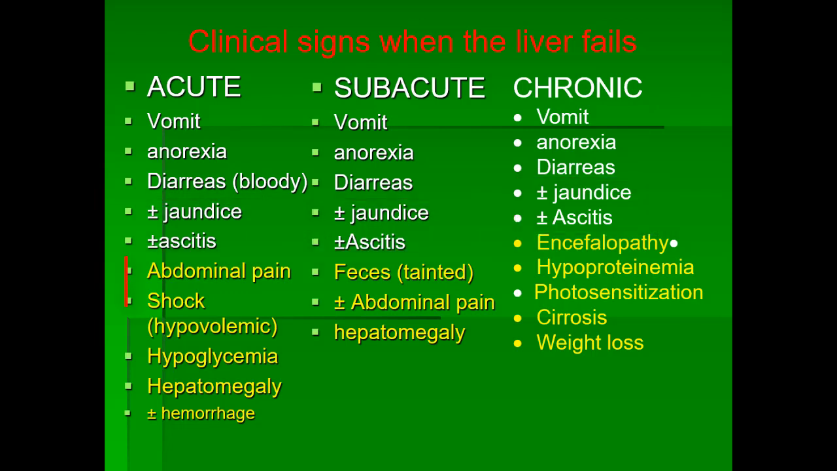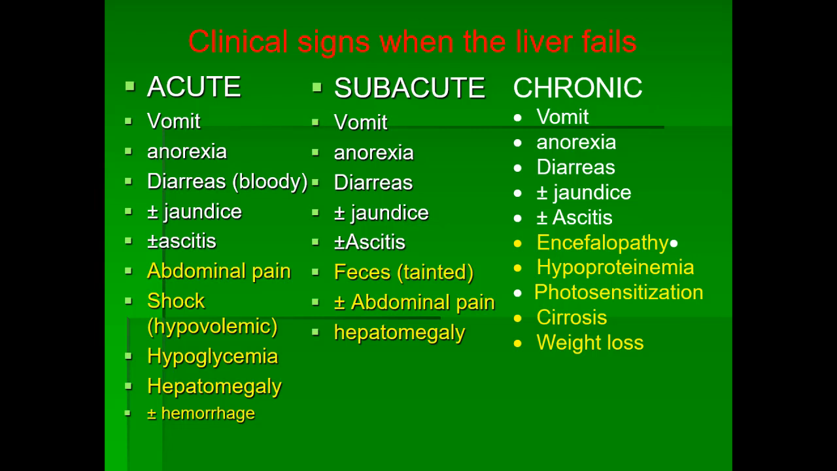There are other signs that go along with acute liver failure, which is abdominal pain, shock, that is usually hypovolemic if there is extensive hemorrhage within the liver, and occurs over a relatively short period of time, maybe just 24 to 48 hours. With severe liver failure, the animals can die from hypoglycemia, and upon palpation, the liver can be enlarged and painful. With subacute liver failure, we can see the same signs as acute signs, but may not be